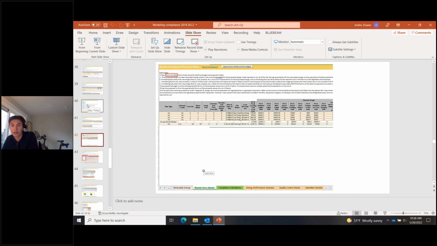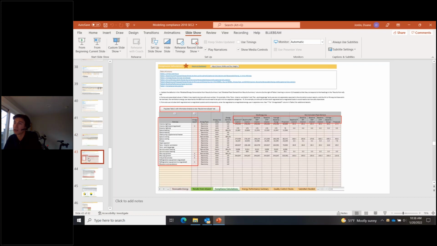Most of the energy modeling programs have a tab similar to this. I think the main one that doesn't is IES. You have to put your data in more manually. So once you update this tab, just straight up copying and pasting into those rows, you go over to your compliance calculation tab. In this first red box that I've got highlighted, populate table 2 with information. You just click that, and then the Excel workbook does its magic and pulls all the data from that results tab from eQuest into this table.